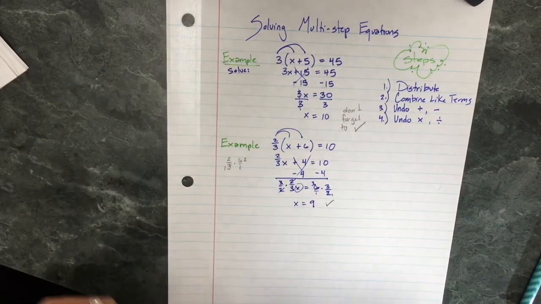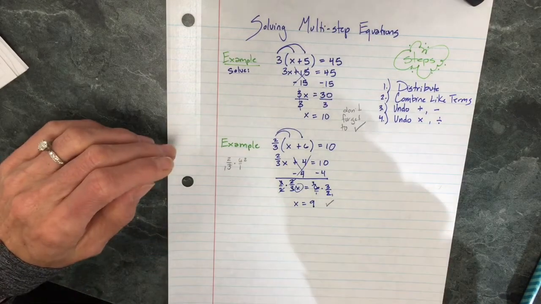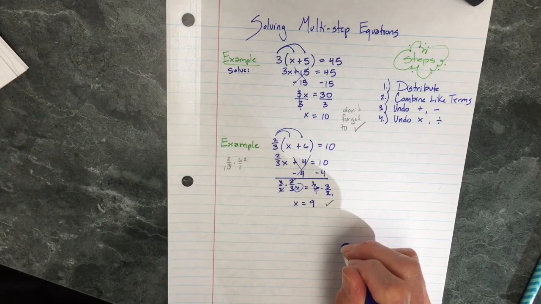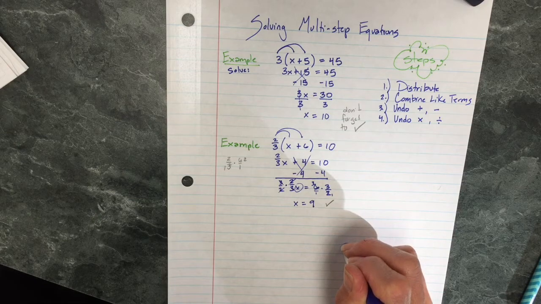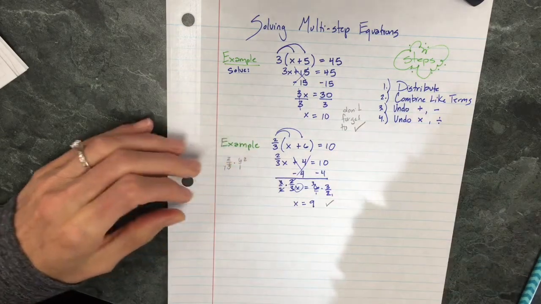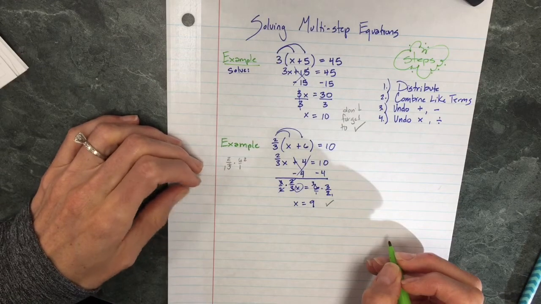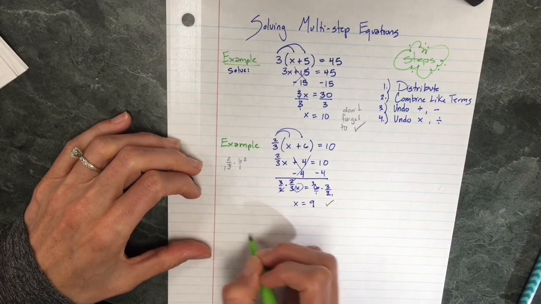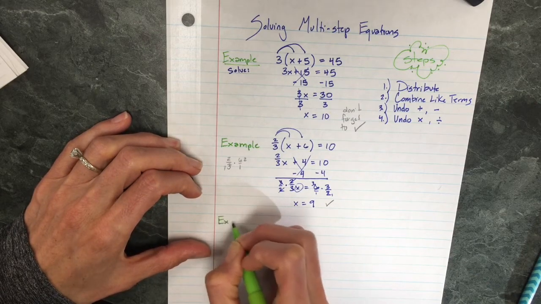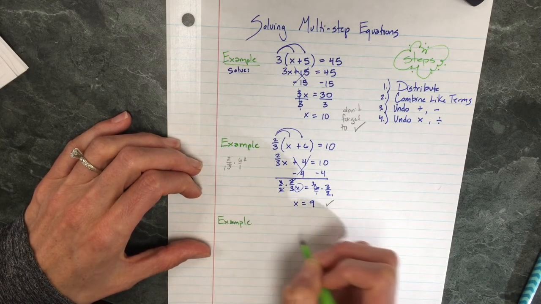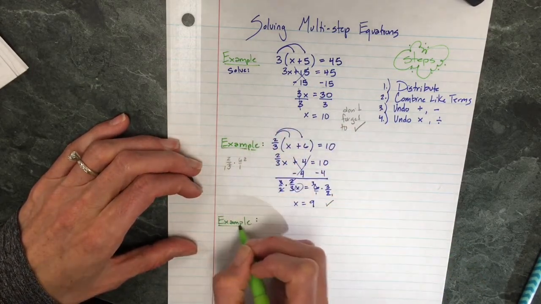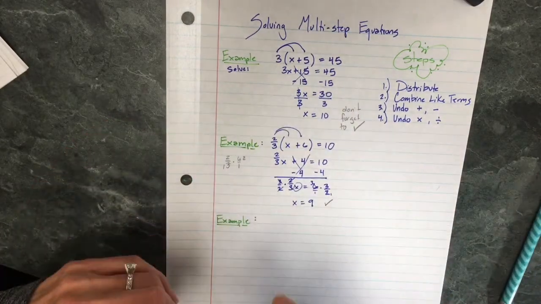Here's another you try for you to try right below. I want you to try, let's do, how about 1/4 times 2x plus 7 equals 5. You might have a fraction answer, but that's okay. So you try that one. Pause it, try it. Okay, and then our last example